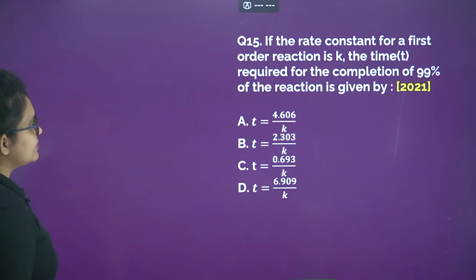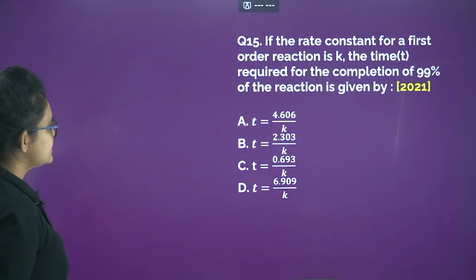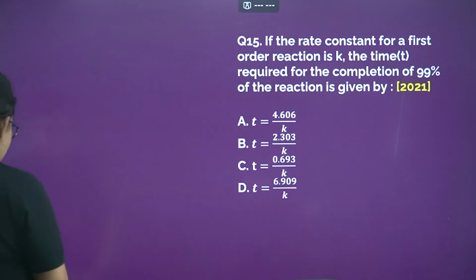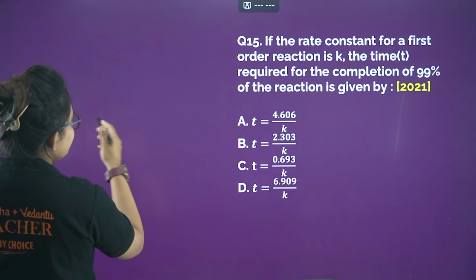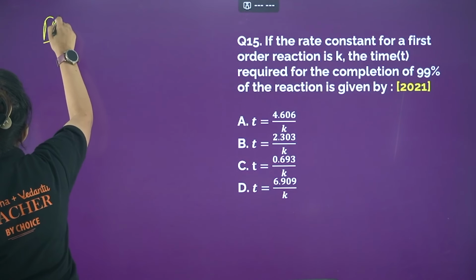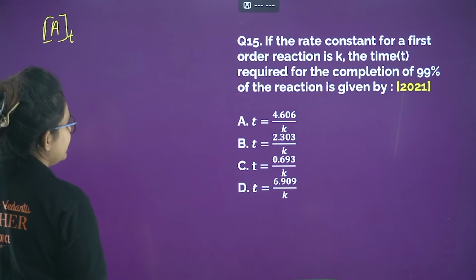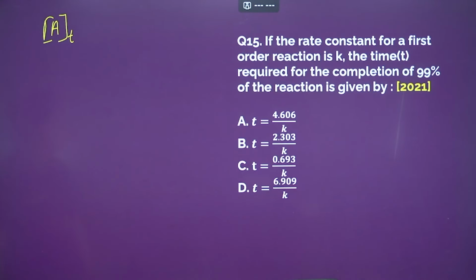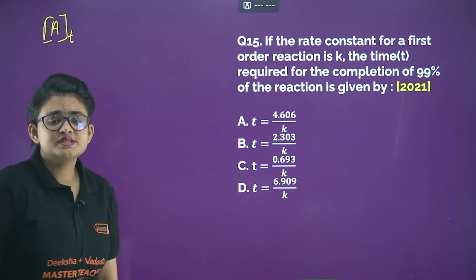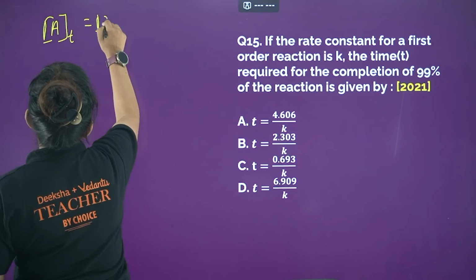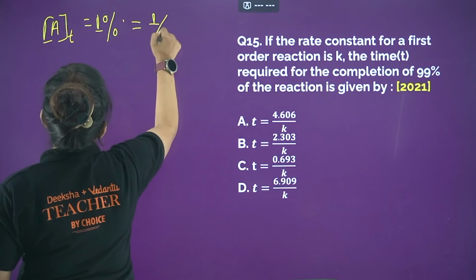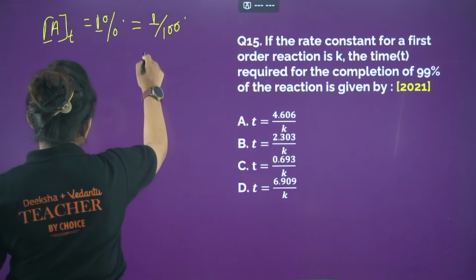Okay, so if the rate constant for a first order reaction is K, the time required for the completion of 99% of the reaction is given by what? First you can see, at any instant, at any time t, let the concentration of A be At. There 99% is already finished, so how much is left? 1% only. So 1% means 1 by 100, that is